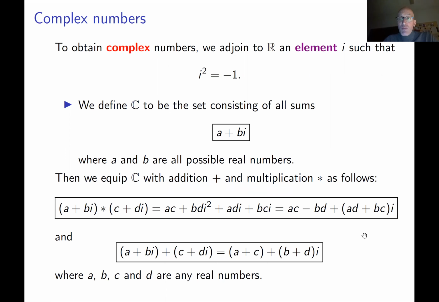Similarly, if you want to multiply two complex numbers, (a plus bi) times (c plus di), first what you have to do, you just get rid of brackets. You simplify this expression, expand. You get something like this. Then you keep in mind that i squared is -1. So you get rid of i squared here and put -1. And then you group common terms together. And then you have this number, (ac minus bd) plus (ad plus bc) times i. Note that ac minus bd is a real number, ad plus bc is a real number. So this is a complex number by our definition. This gives you the way how to add complex numbers and how to multiply them.